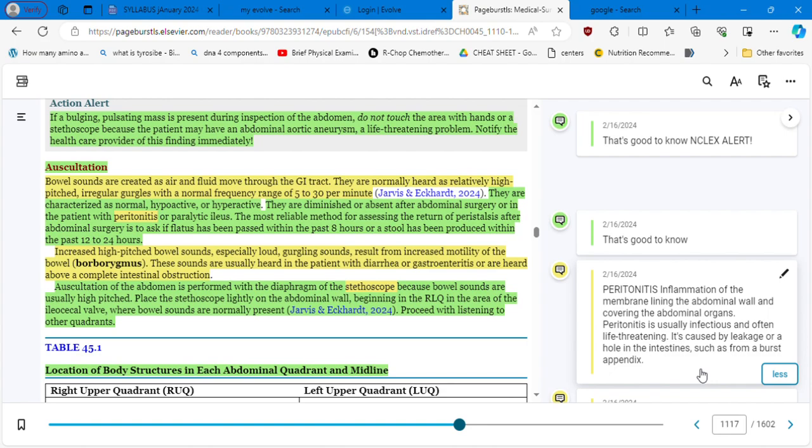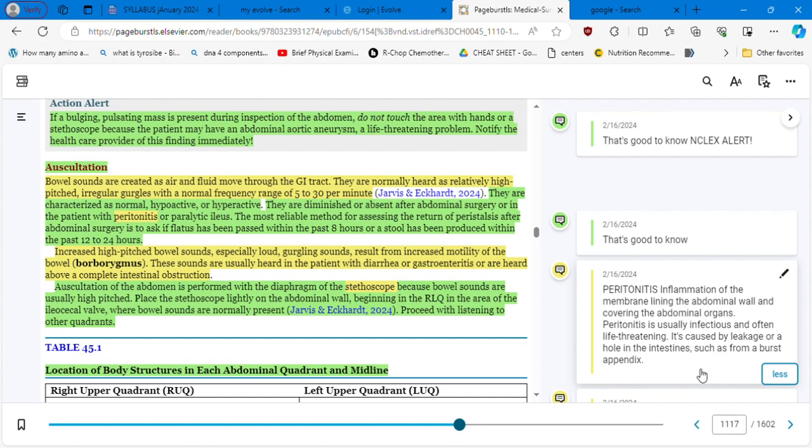Let's review this sentence. They are diminished or absent. We are talking about the bowel sounds. Could be normal, hypoactive, or hyperactive. They are diminished or absent after abdominal surgery or in the patient with peritonitis or paralytic ileus, when there is